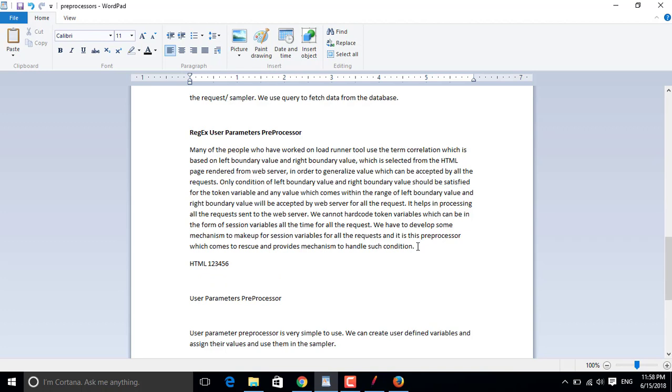I am again sending the request to the server. It is sending some value 3 2 1 4 5 6. So now the content is, suppose, value is equal to